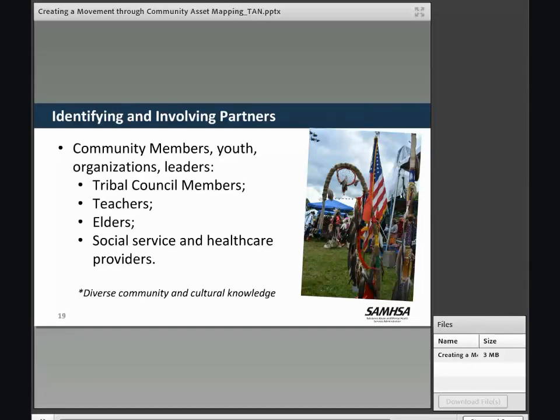So, before you begin collecting information and mapping out your community's assets, you should approach tribal government and tribal leaders with your idea and ask for permission to do community asset mapping. So we, when we were working with the Umatilla Youth Leadership Council, they actually went to their tribal council to present the idea and get their backing,